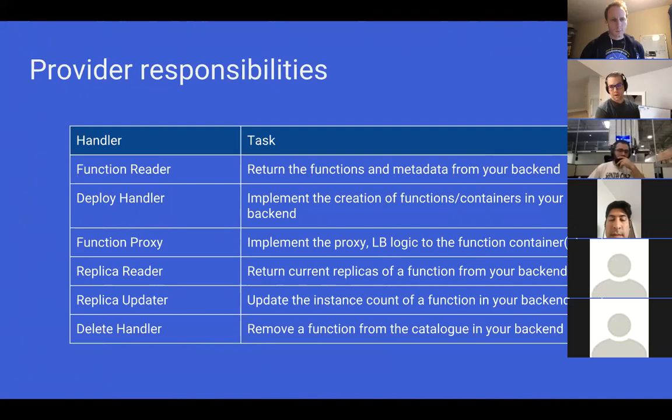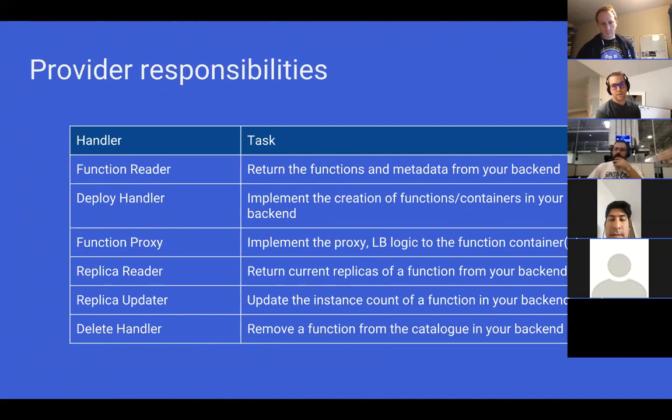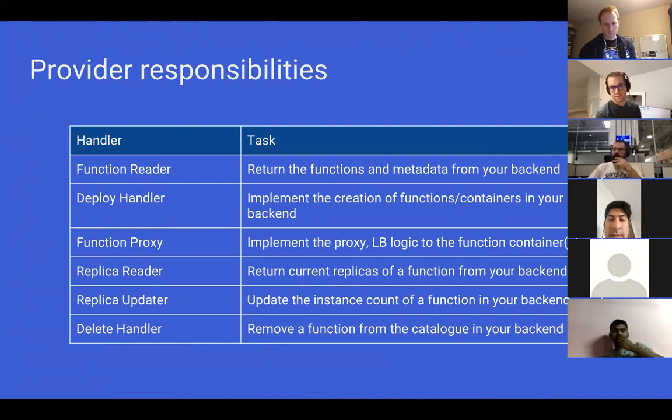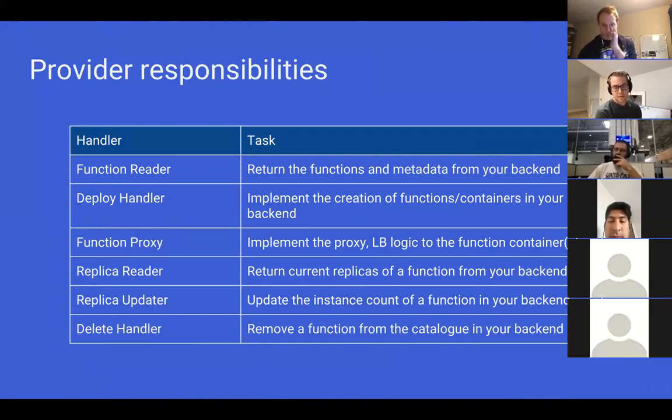The actual function proxy, this is the implementation for proxying all of the actual invocation calls from either simple web requests or FaaS CLI invoke. Its responsibility is to proxy to the right thing and even do load balancing when you have a lot of instances of that function when the demand of that function increases.